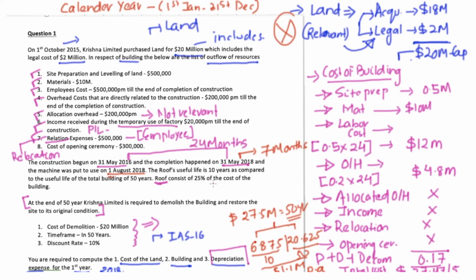So what we're gonna do, we're gonna divide 1.1 over a period of 7 months. So the amount that we're gonna get is 0.642 million dollars. So this is the amount of depreciation in respect of property, plant, and equipment for the year ended 2018. So this is the entire computation in respect of